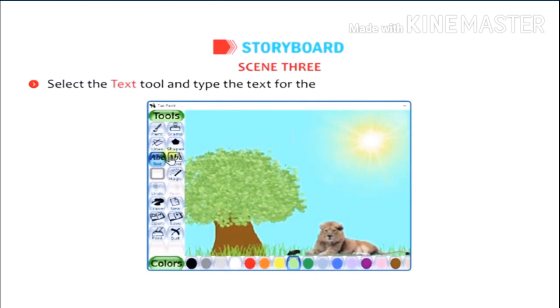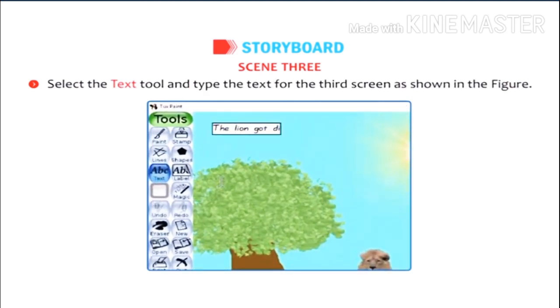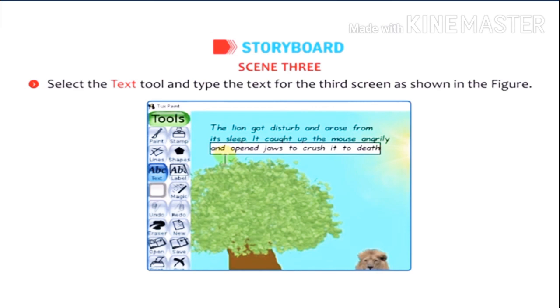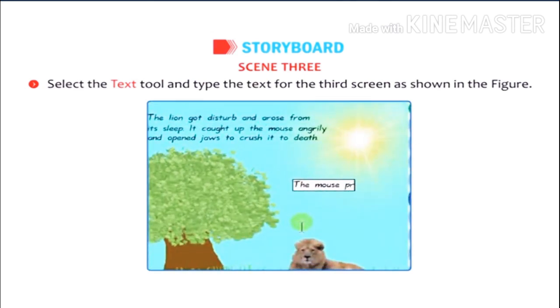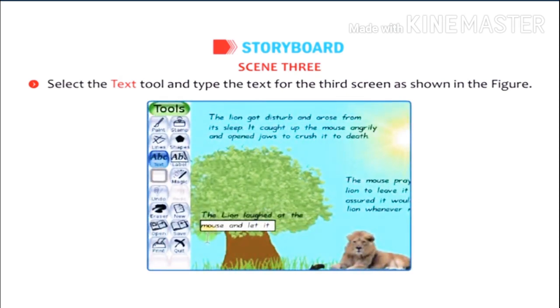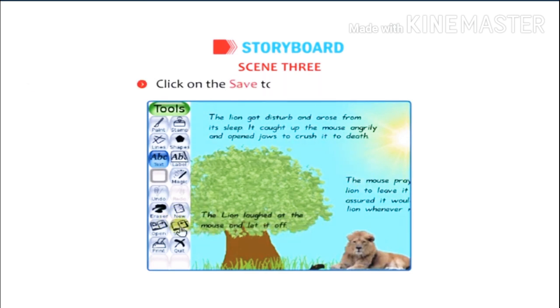Select the text tool and type the text for the third scene as shown in the figure. The mouse sprayed the lion to let it off, assured it would help the lion whatever be raised. This is the story, students, which you must remember well. Click on the Save tool and save the drawing.